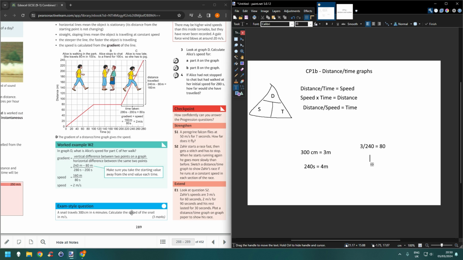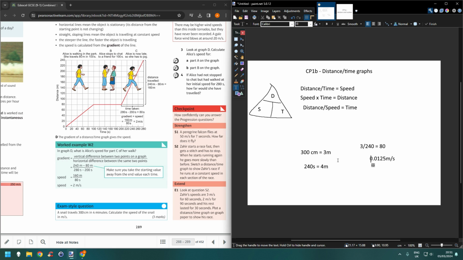So, the speed is the distance divided by the time. No, I think I've just put that in wrong. 3 divided by 240. I think I did 240 divided by 3. 3 divided by 240. That makes a lot more sense. 0.0125 meters per second, and that proves why you always need to check your working, because it was definitely not travelling at 80 meters per second. So there's your final answer,